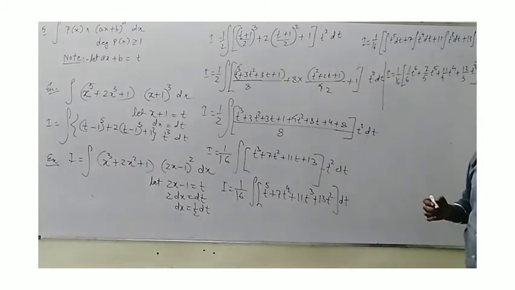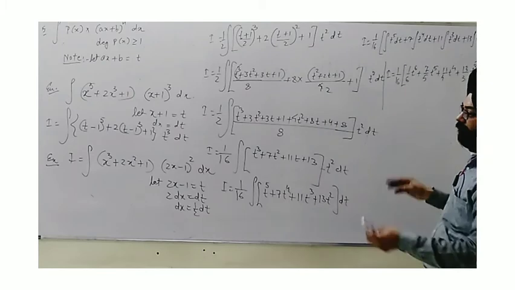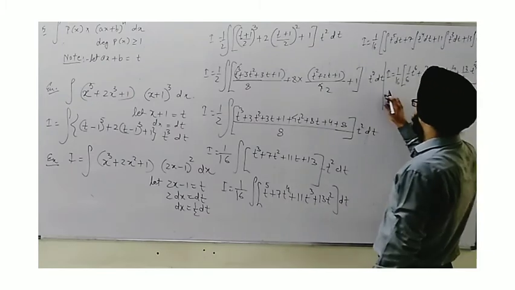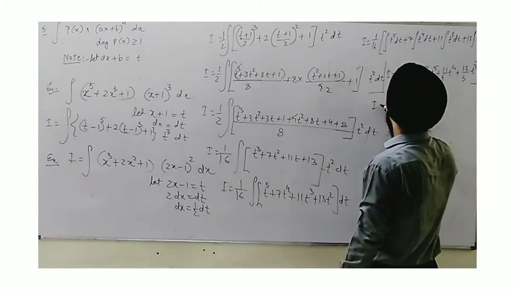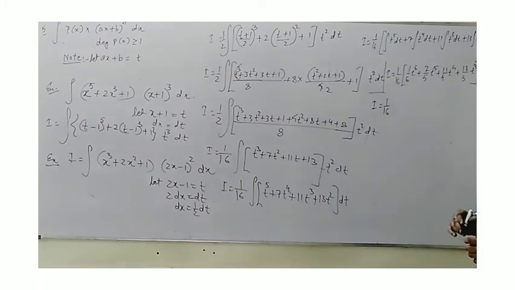Only thing left here is to put the value of t, which we consider as x plus 1. Even in such a long solution we have obtained, we have still successfully done it. That's why I said, whenever you don't have any method, then don't think too much, apply the same method.